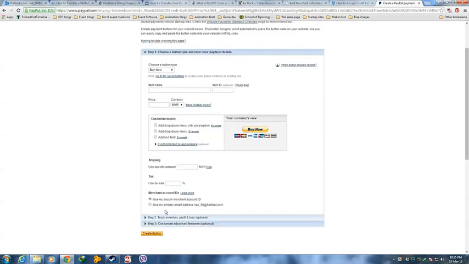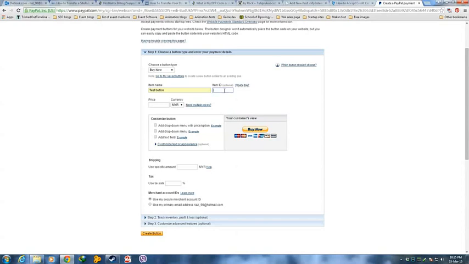Okay, once you're here, this is the most tedious part that you need to fill in because after this, you're all done. You can choose the type of button you want. You can choose buy now or shopping cart. As you can see, you just change the word, so it's up to you. The item name depends on the item that you are trying to sell. So for my case, I'll just go with test button. You could write the name of the ebook and all that. It's not really that important, but it is the thing that will come out when your customer starts paying.